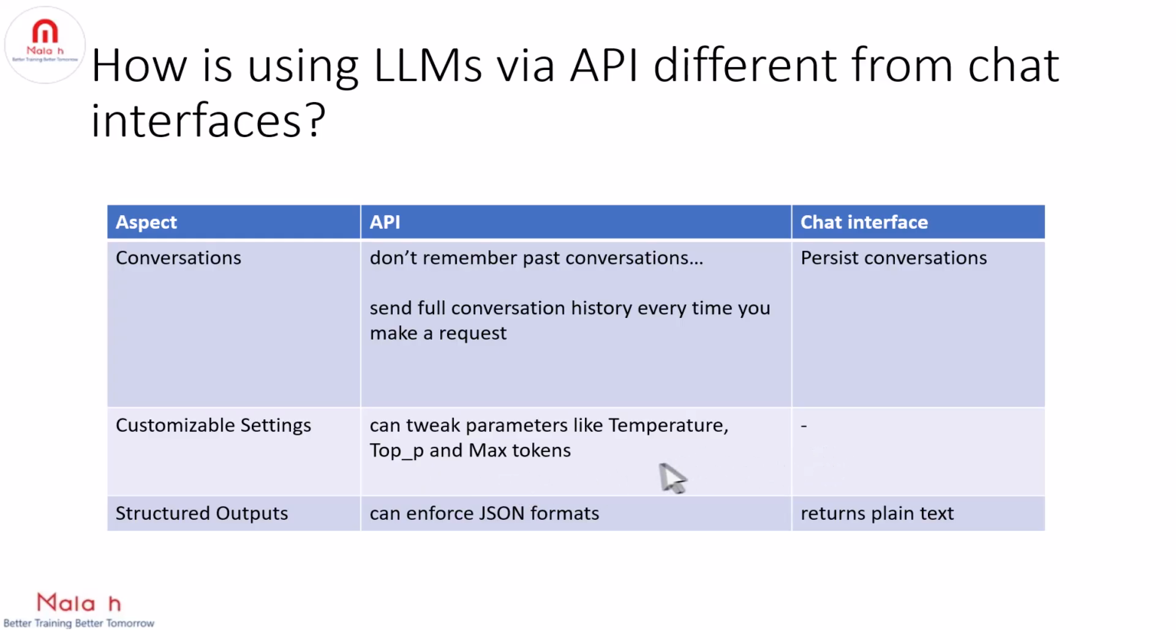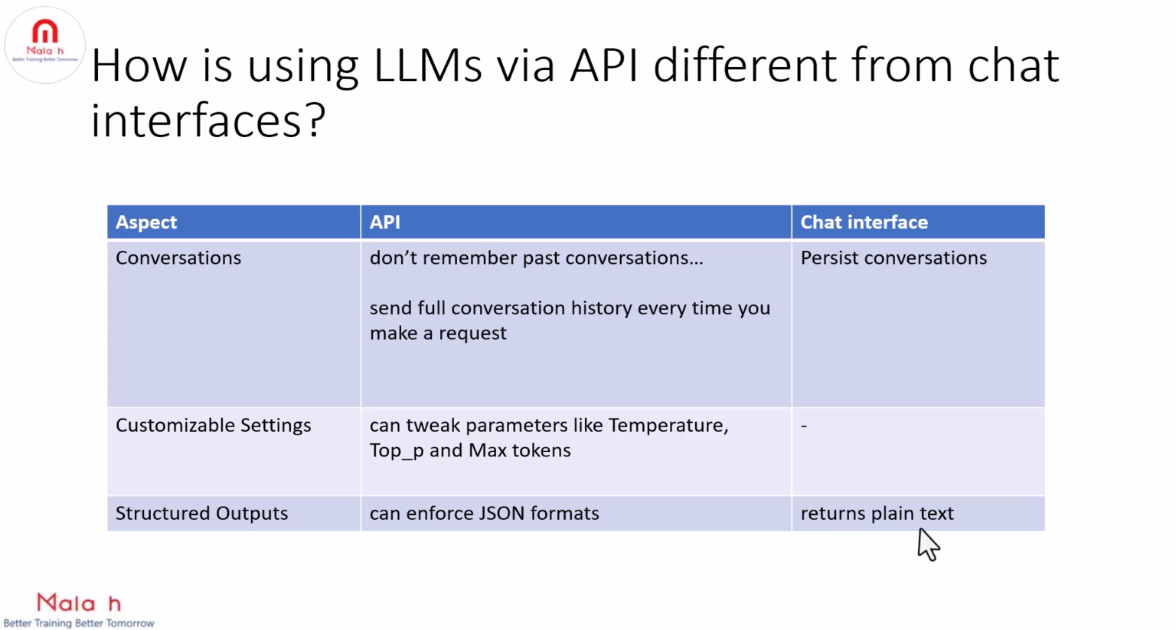interfaces. And the other difference could be structured outputs. That is, APIs can enforce JSON formats or use function calls. So this option is perfect when you need data in a reliable structure, unlike chat interfaces which mostly return just